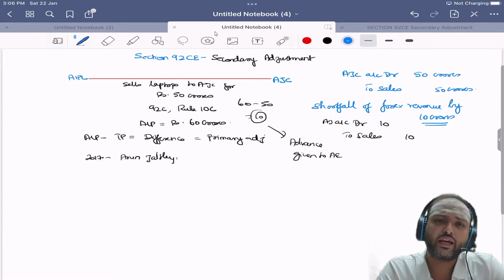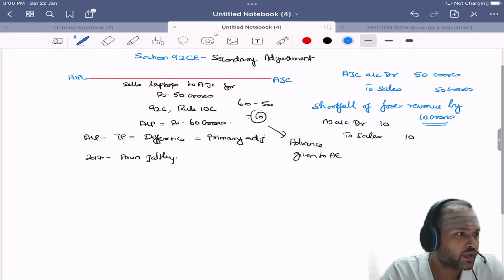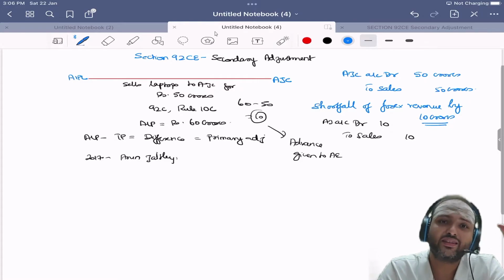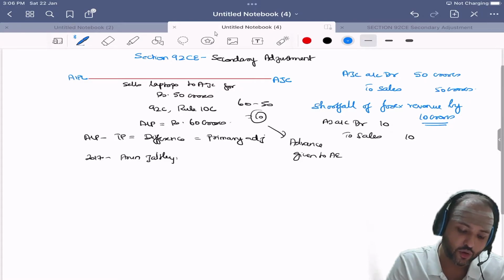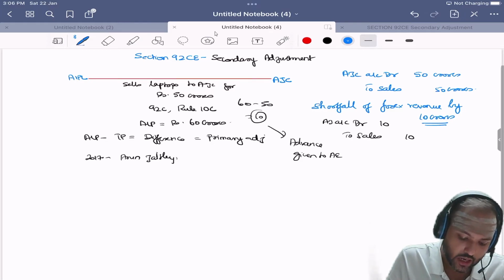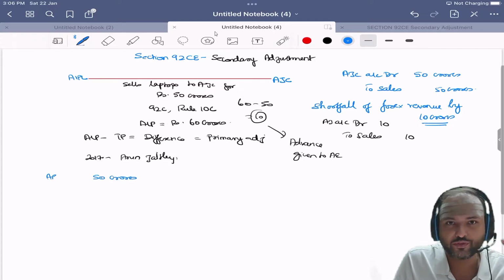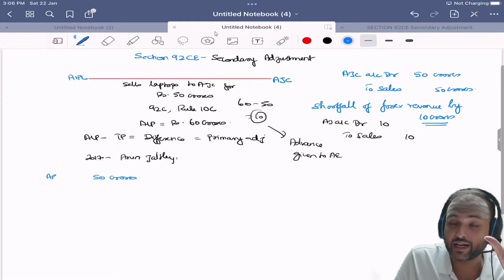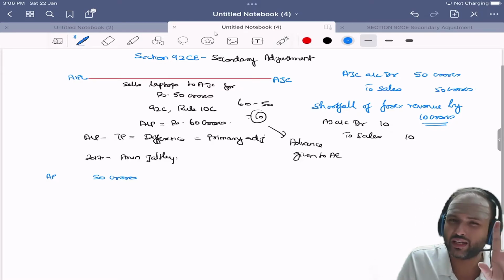Now, before we understand about secondary adjustment in detail, let us understand why this is done. This is done because, as I told you earlier, if you look at the earlier scenario, accounting profit used to be 50 crores. Okay, assuming that profit also is 50 crores. For ease of understanding, let us not go and check what happened to the expense, income minus expenses, profit, all that is agreed.